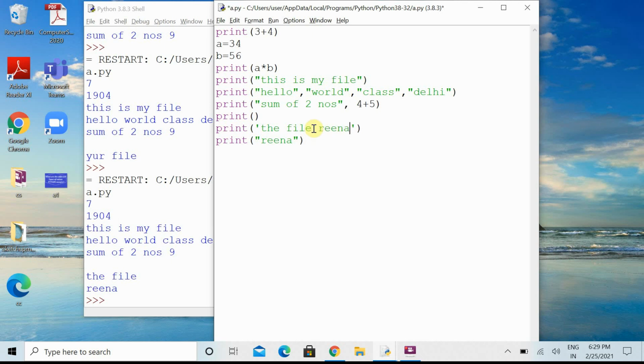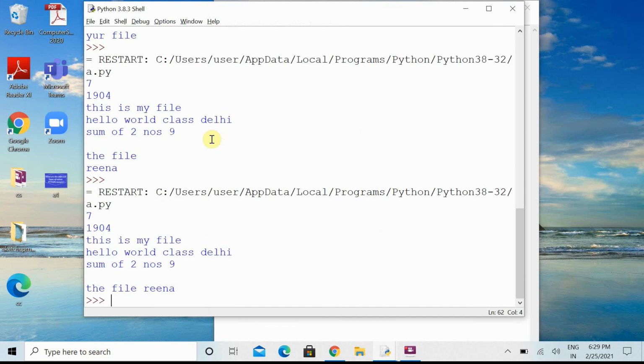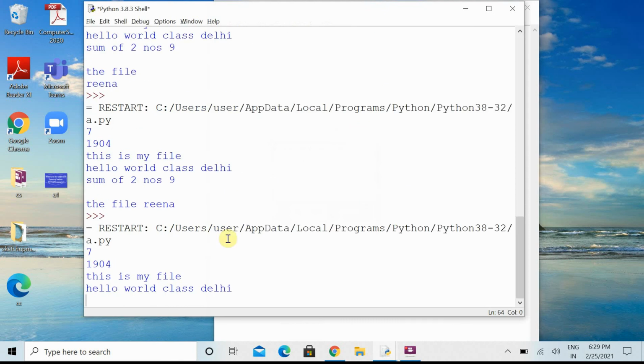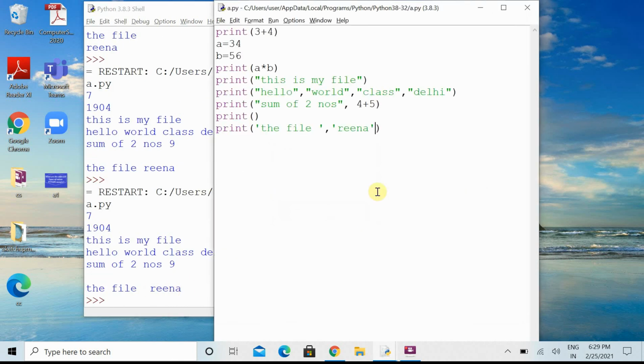There are two options. Either I can write the entire thing on the same line and then I get the result, or I can write two words. If you write two words separately, then separate them with a comma, and you can get the result in this way also. But suppose you have written a lot on the next line and you don't want the output on separate lines the way it is written. For that we use the AND operator also. That we will discuss in the next video.